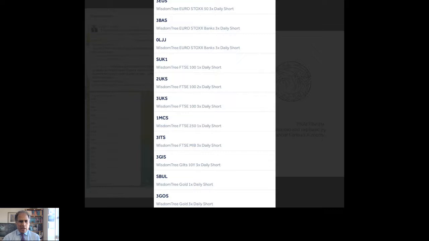Now, why is that risky, Alpesh? Well, because if it goes in the other direction, because it's leverage, you could lose a lot of money very quickly. You could never lose more than you've put in because these are effectively shares. So you can't lose more than what you've put in, unlike with a spread bet or CFD trading. However, because they're leveraged, if something fell 10%, you'd be down 30%. And therefore, it would have to recover 50%, even though it's triple leveraged. So just the way mathematics works out, they're more risky than a regular tracker.